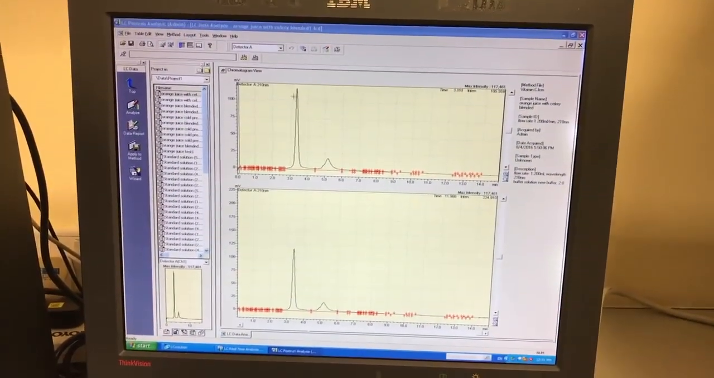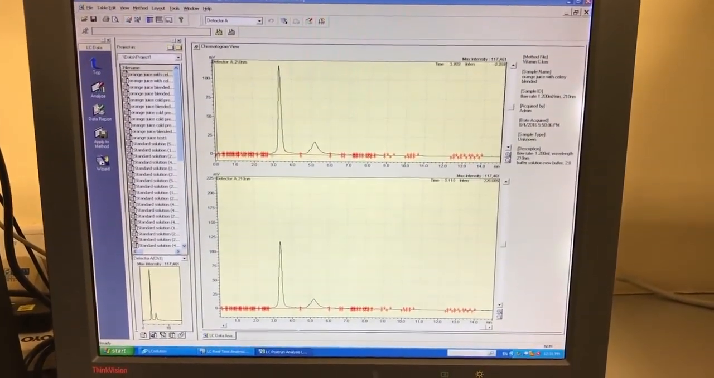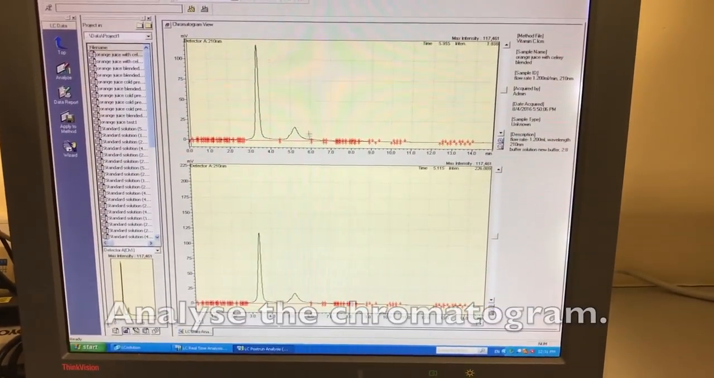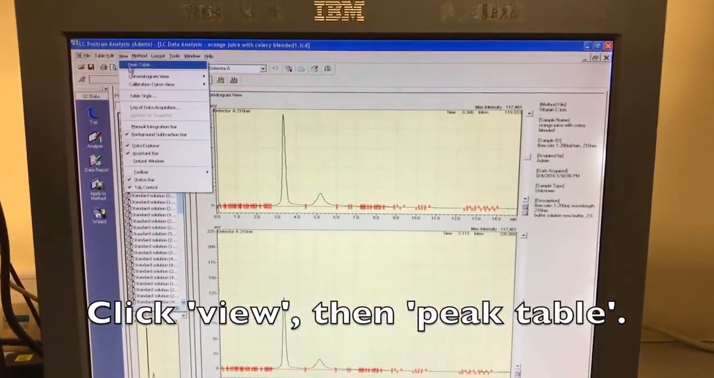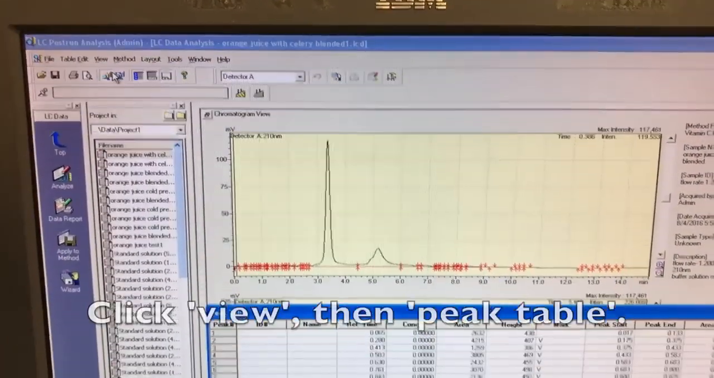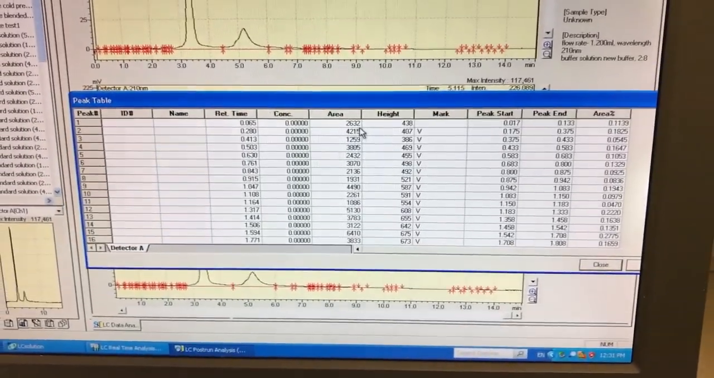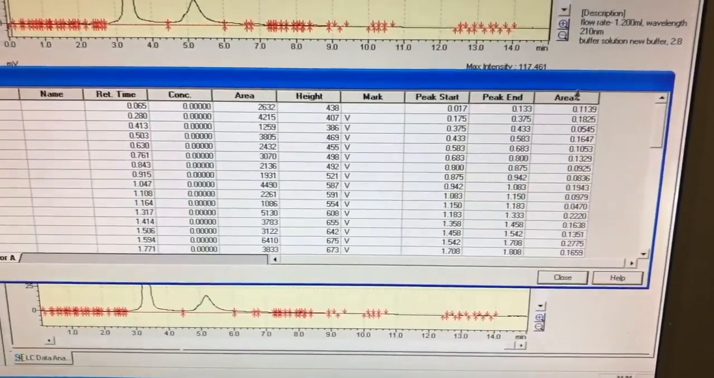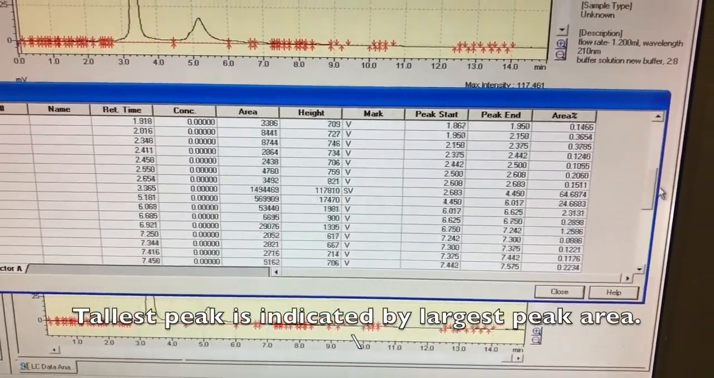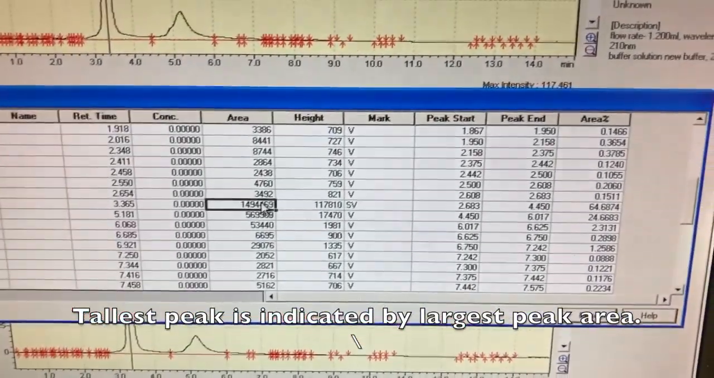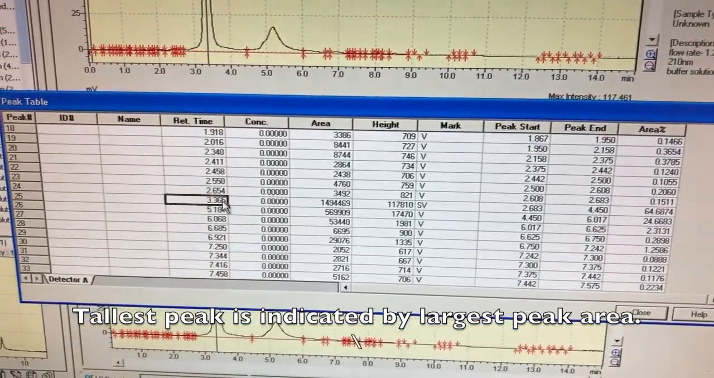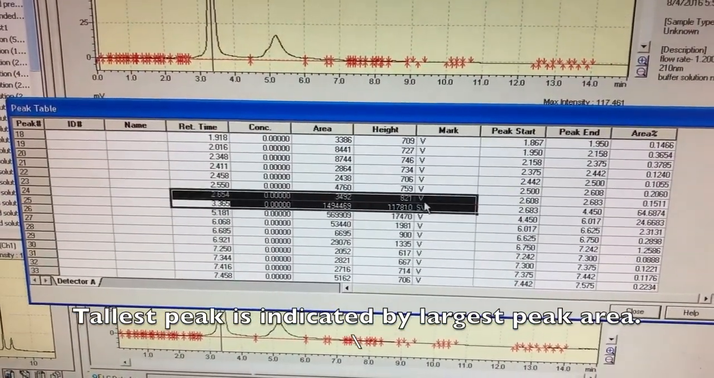So once you're done, you will see this graph, the chromatograph. This sample has 2 peaks. So in order to read the values, go to View, select Peak Table. The area under the peak will indicate which peak it is. So for the highest peak, it should be the one with the highest volume. So when you find the one with the highest volume, the retention time is indicated here. So this is the sample that you are looking